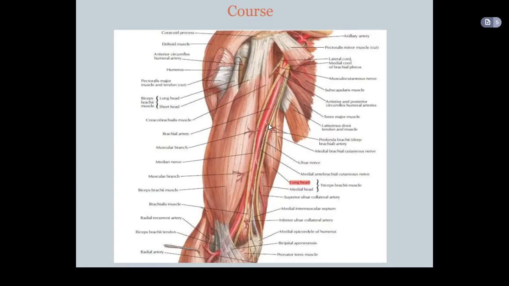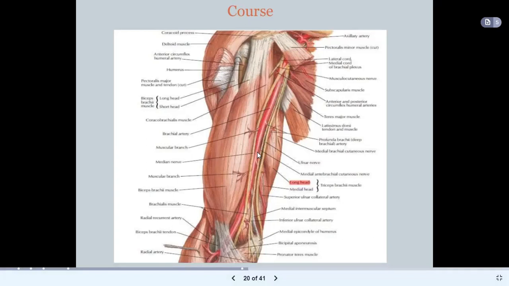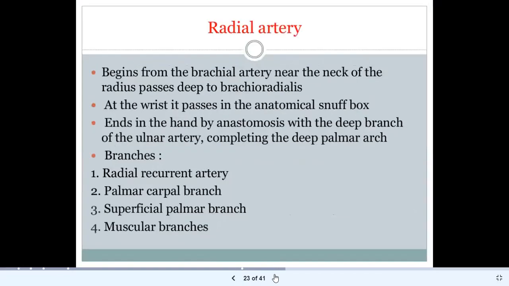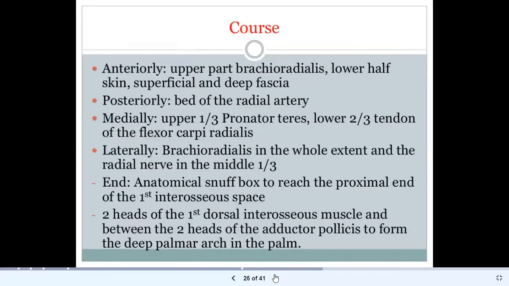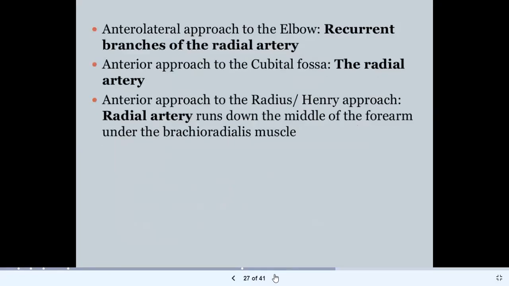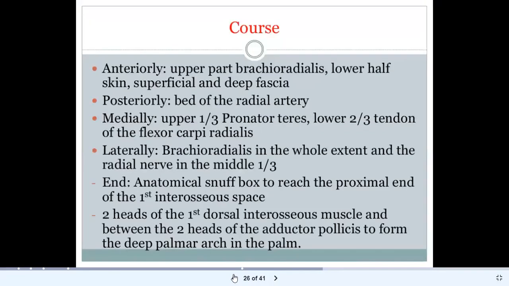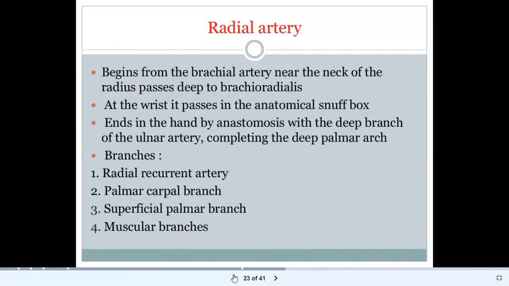Now, if you ligate it below the origin of the profunda brachii, it could lead to amputation only in 50% of cases. Okay, so we said that the brachial artery would terminate as radial artery and ulnar artery. So let's see if we can quickly look at the course of the radial artery. So the radial artery begins from the brachial artery near the neck of the radius and passes deep to the